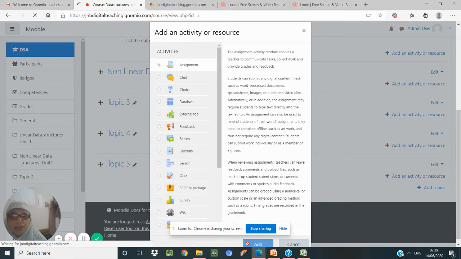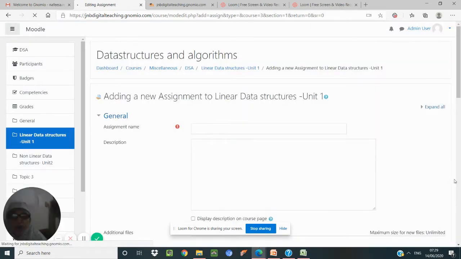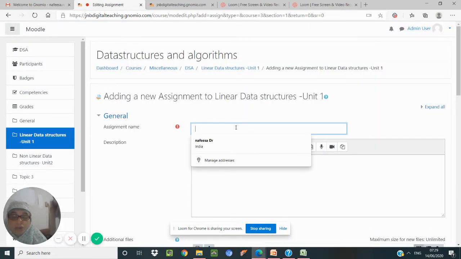Once you add the assignment, it will ask different fields like what is the mode of submission, whether you want to have an online submission or any files will be accepted, what will be the grading for the assignment, and how do we grade, what is the maximum number of submissions allowed, like this.